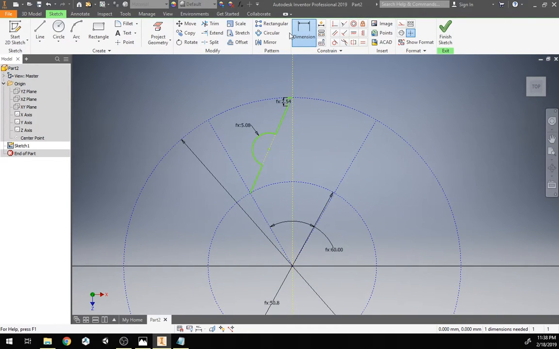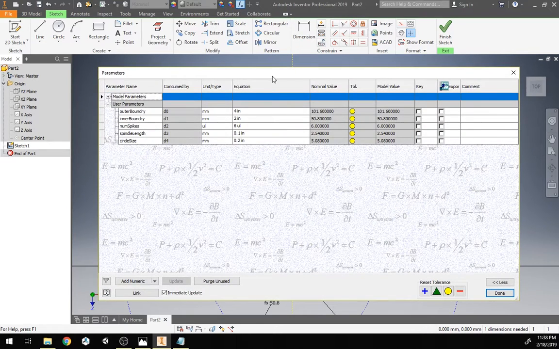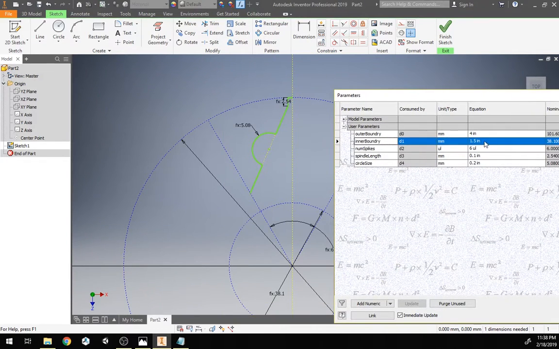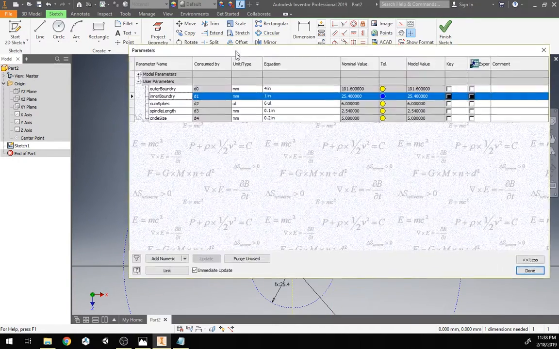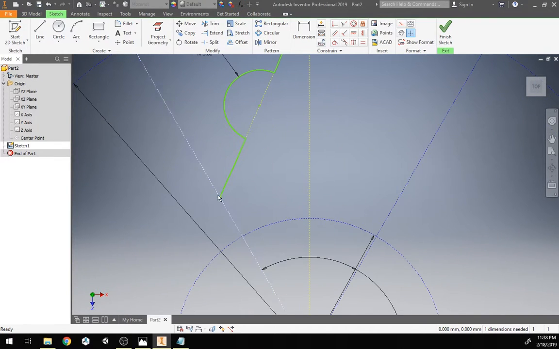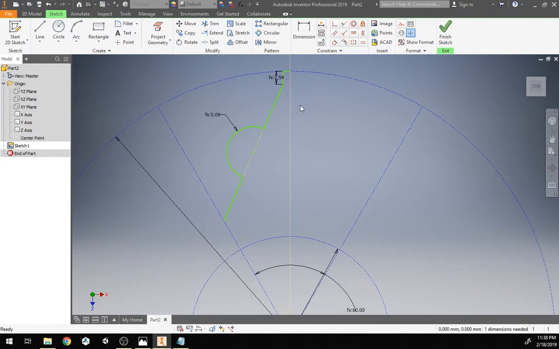Let's make that inner circle a little smaller because I feel like it's going to be a little squished. So our inner boundary I'm going to make 1.5 inches. And as you can see, if I say 2 inches and 1 inch, things update accordingly. So yeah, 1.5 inches. And something interesting you'll notice is this end actually was not constrained to these 2 points. So we're going to go ahead and do that. So constrain that point